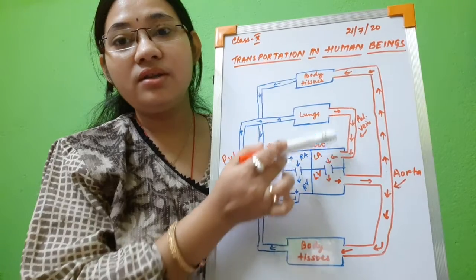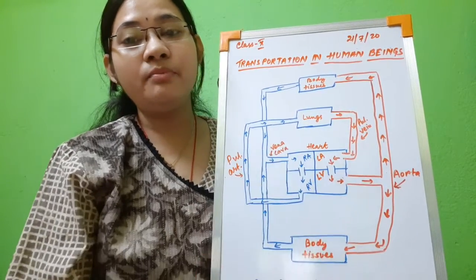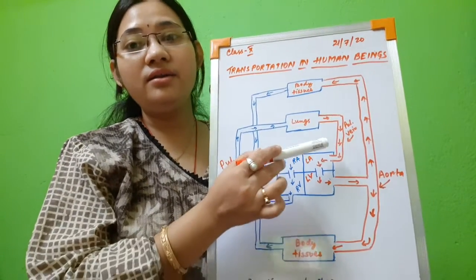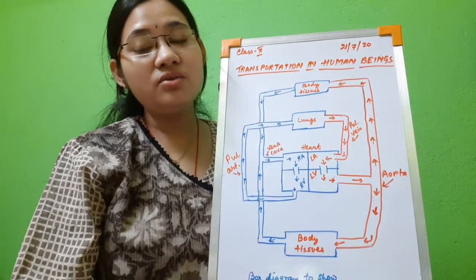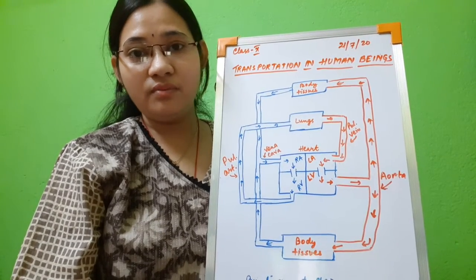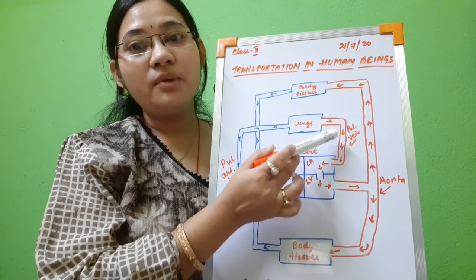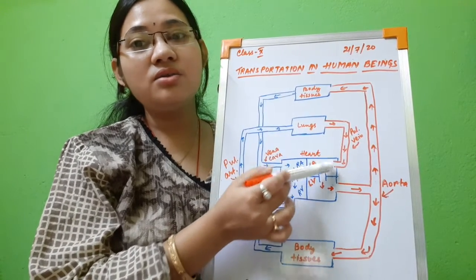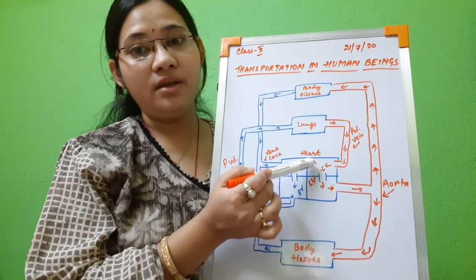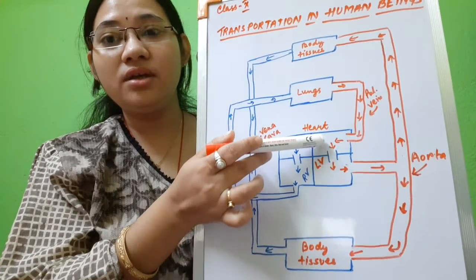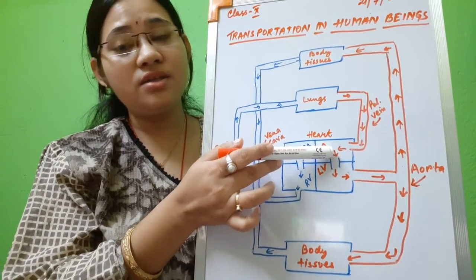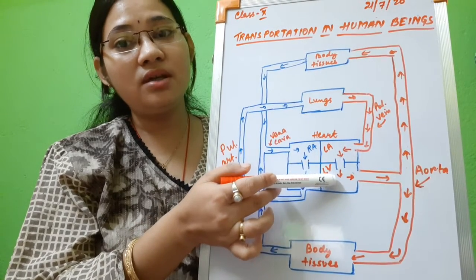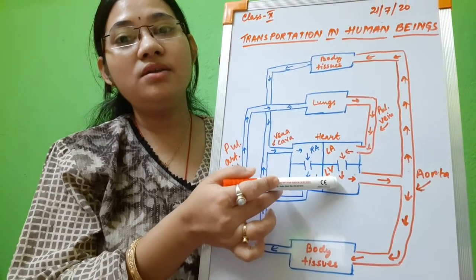Now the left auricle receives it through which vein? That is the pulmonary vein. Again another exception of a vein. Veins usually carry deoxygenated blood, but this is an exception. The pulmonary vein carries oxygenated blood from the lungs to the left auricle. Easy. Now the left auricle will supply that oxygenated blood to the left ventricle and then the left ventricle will